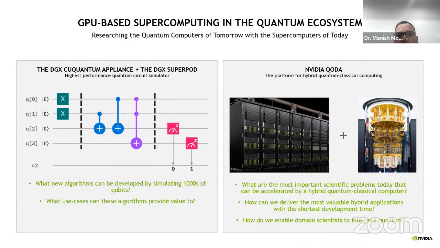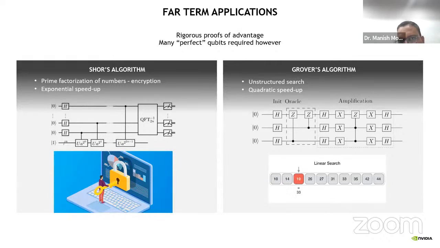What the quantum community is envisioning is that we will have quantum computers, but for a given application, the application will run in hybrid mode. Part of the application will run on quantum, and the remainder will run on classical computing, right? And to have a seamless transition between classical and quantum computing, NVIDIA recently launched a platform. The platform is QODA, Quantum Optimized Device Architecture, right? So let's discuss these one by one.